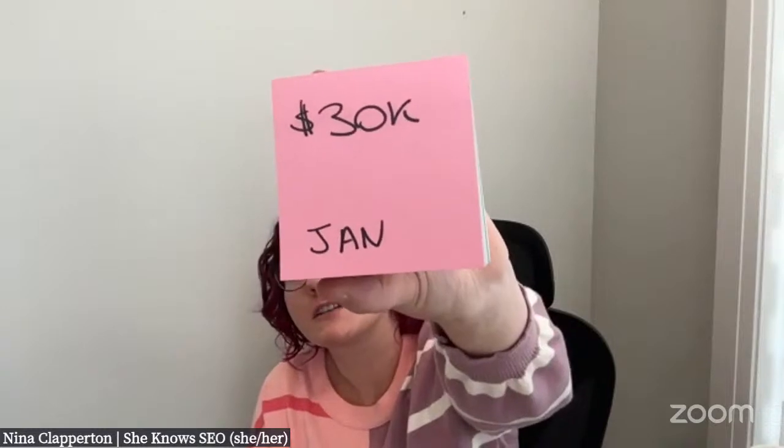So what I do then is I'm going to write out on 12 different post-it notes all of the individual milestones that I plan to hit. So again, let's say 30K is the first month. And to help me keep track, I usually write Jan at the bottom or something, just so I know which month this is for. You can either lay it out on your desk, put it up on a wall, or put it in a notebook even. You just want to make sure it's somewhere. But don't stick these down solidly yet, because we're going to lift them up in a second to do something. So I just want to make sure that I have this written down somewhere. This is going to help you actually have steps that you're going to take.